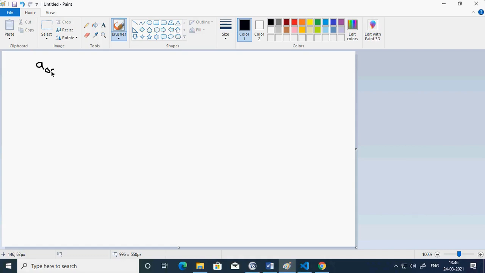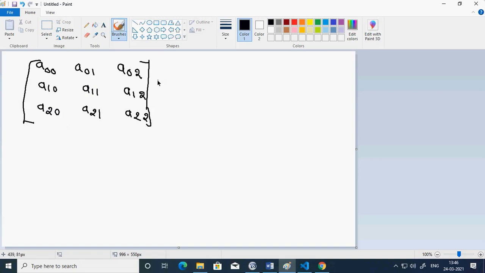So the array starts from 0 0. So A00, A01, A02, A10, A11, A12, A20, A21, A22. This is my coefficient matrix.